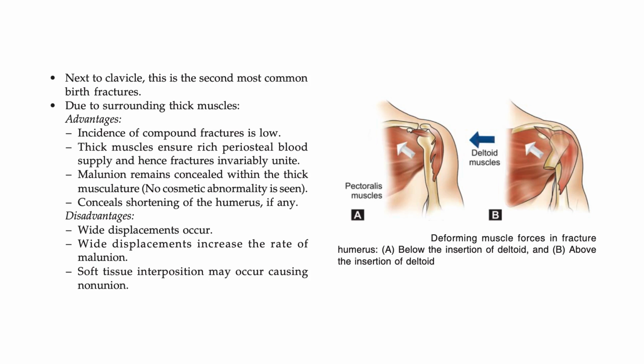As for the clinical features, there are the usual signs and symptoms of a fracture. A careful neurological and vascular assessment is very important, because, as I told you, it can cause damage to the nerves. Peripheral nerve injury can occur in this, and also arterial issues. Injury to the radial nerve is the most common in these fractures, at the spiral groove or the lower one third of the humerus.